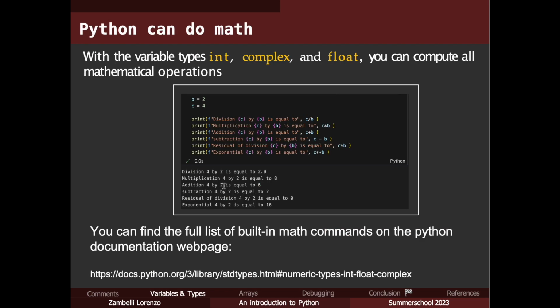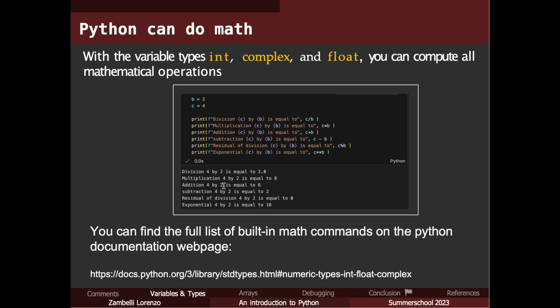With Python, we can do math, and that's a really nice thing, although we can only do math with integer, complex, and float. With arrays, unfortunately, we cannot do math. But we will see in lecture 5 that through the NumPy library there exist NumPy arrays, which you can do math with, but with lists and tuples you cannot. But let's look at the examples.